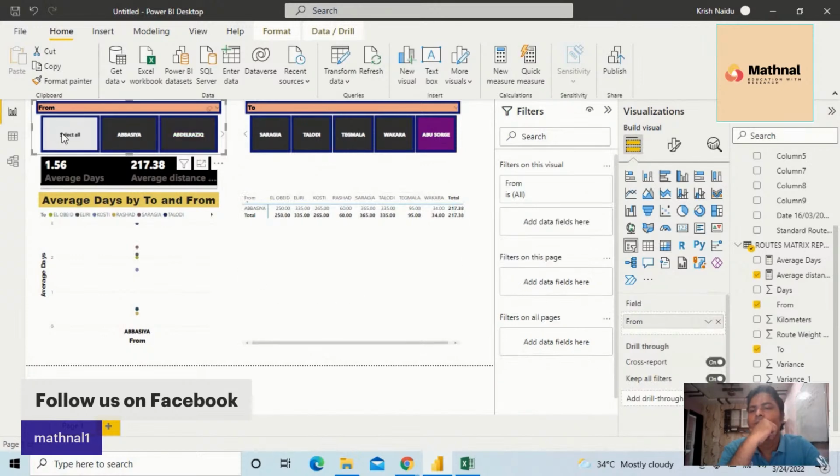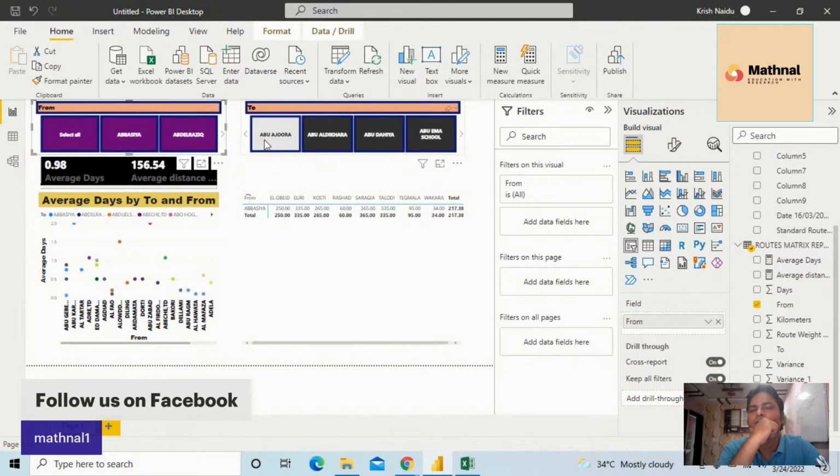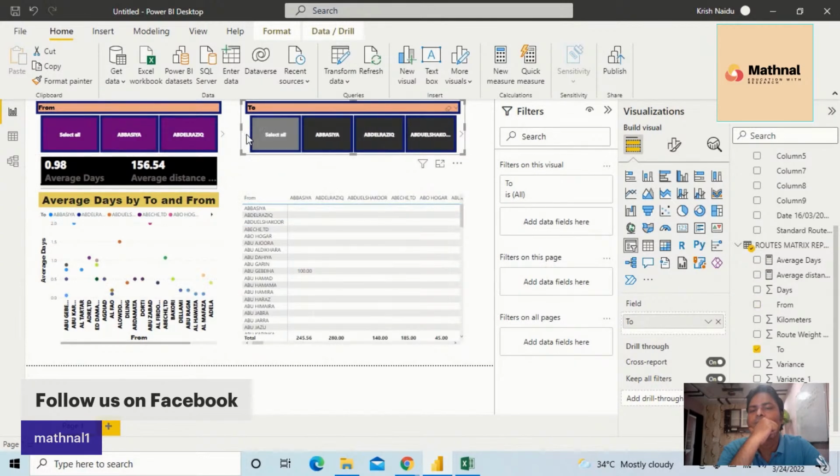I click select all here. I click select all here. So this is a matrix table which we are getting, and we can also look at it from this table. Before I format this table,